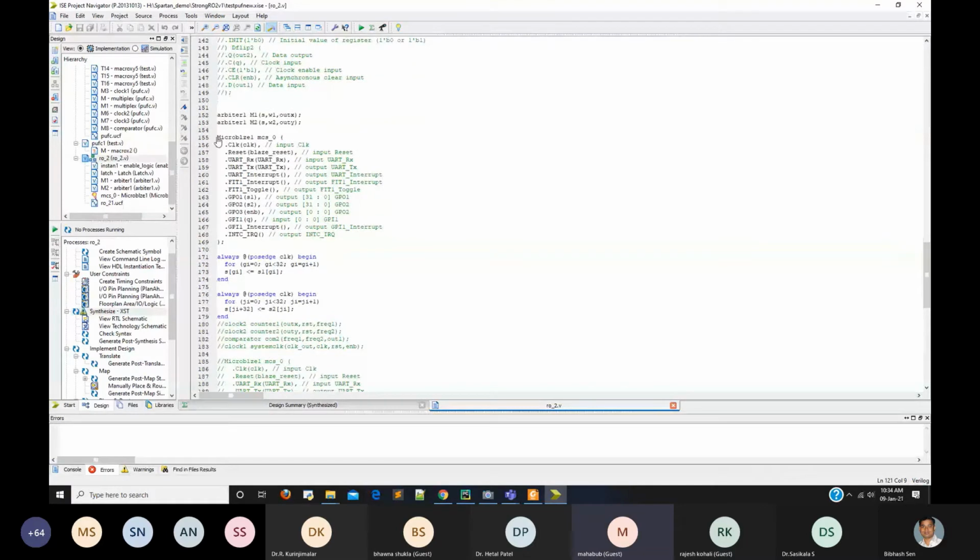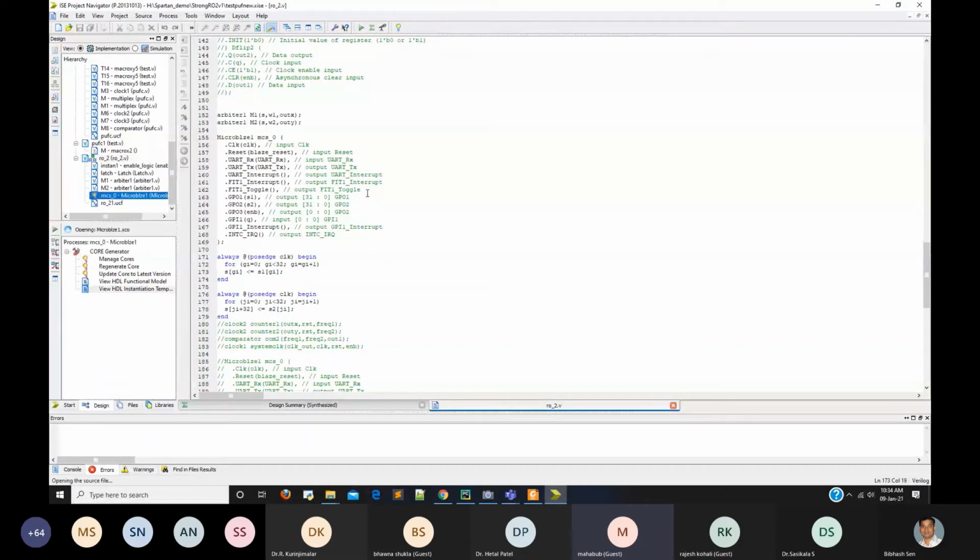One more thing. This is the instance of the MicroBlaze microcontroller. Particularly, we are controlling the whole FPGA using this MicroBlaze for this particular experiment. And these are the challenge and output. Everything is there. Let me open the instance for this. Okay, synthesis is done. Now we can implement the design. Before implementing the design, let me do a quick check.